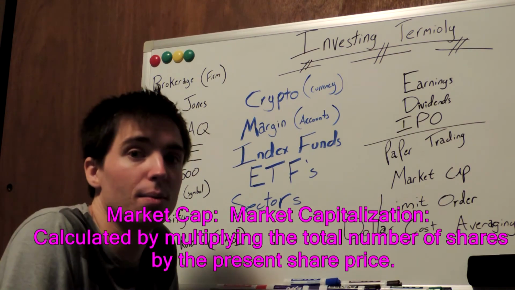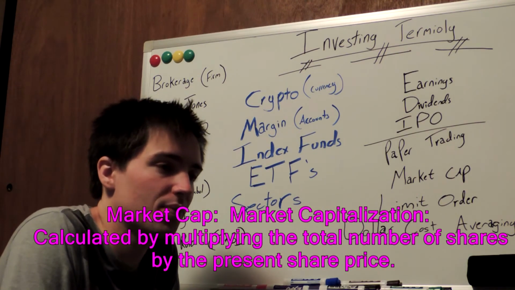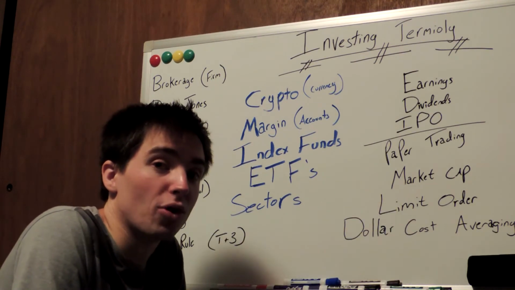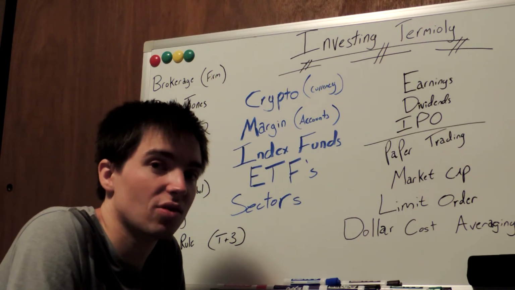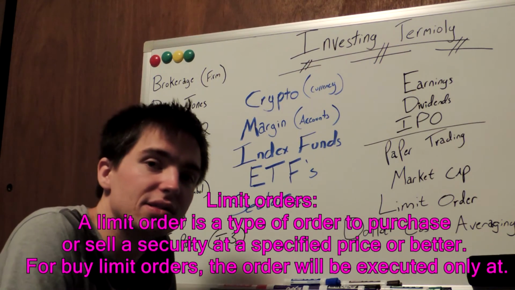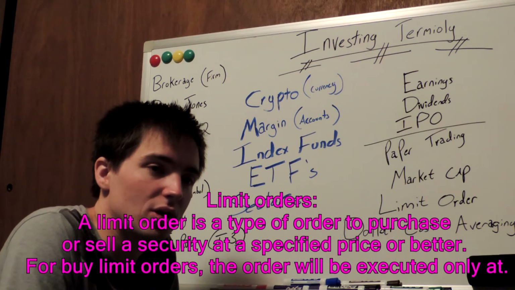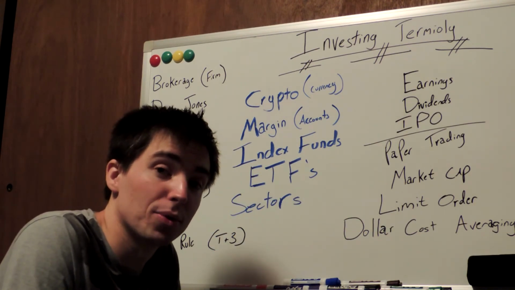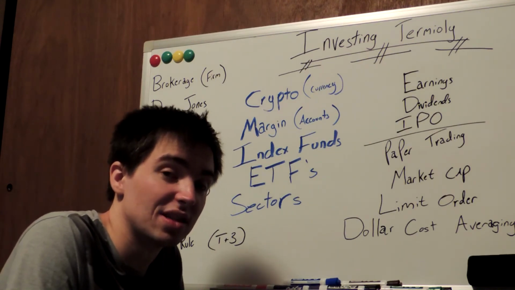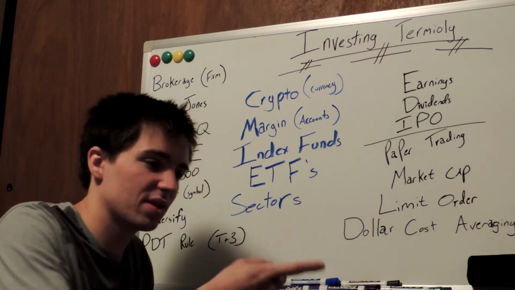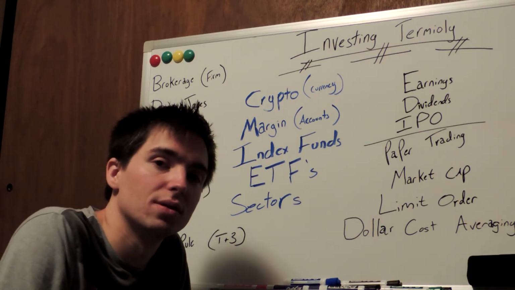Market cap. Basically, this is all the stocks combined, and this would be the net worth of the company as it sits on that given day. Okay. A limit order is the philosophy in which you base your purchase on a price: I want to buy a stock at $26. I'm going to put a limit order on 26 instead of using a market buy, in which the next soonest order will be given to you.